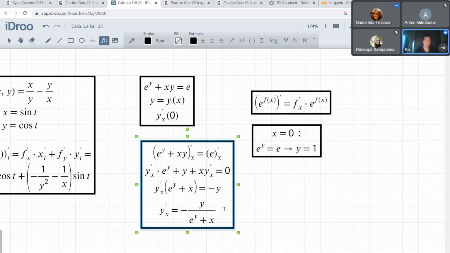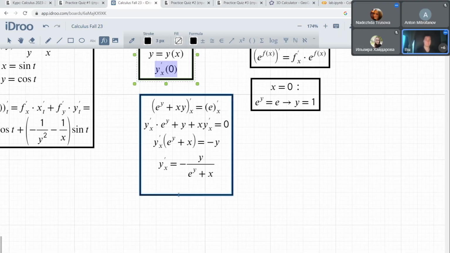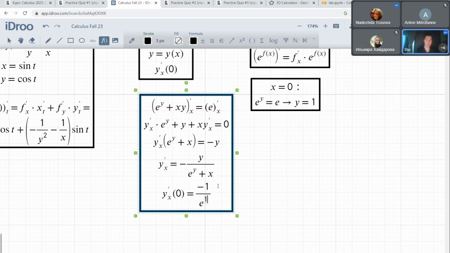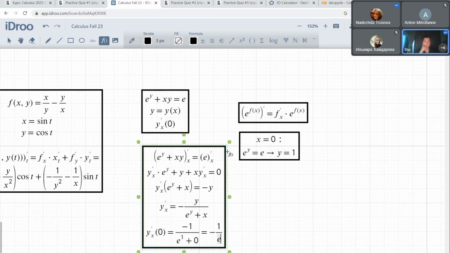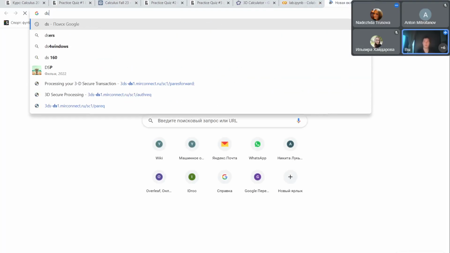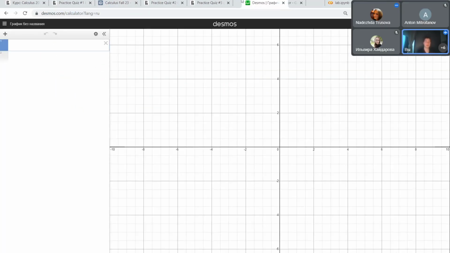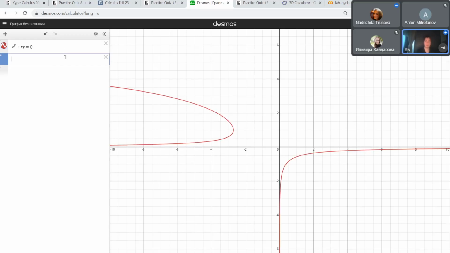So that's why we know that if we want to compute this expression, we just need to use minus 1 over e to the power of 1 plus 1. And we'll get minus 1 over e, where e is the constant. So what will be the value of your derivative? We can visualize it a little, applying, for example, one of my favorite resources for plotting graphs,